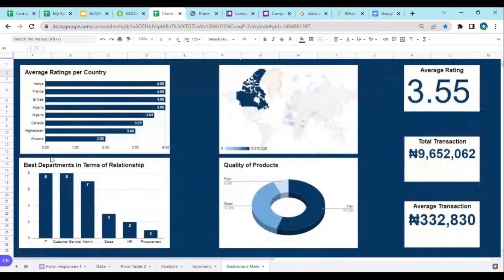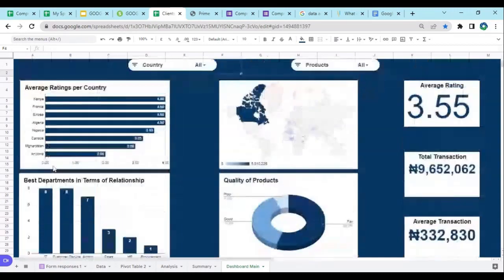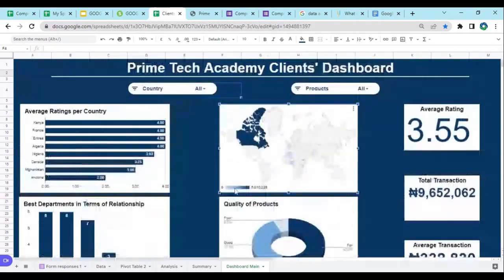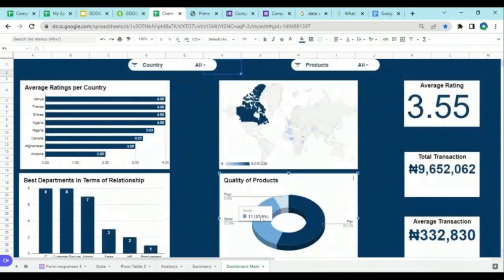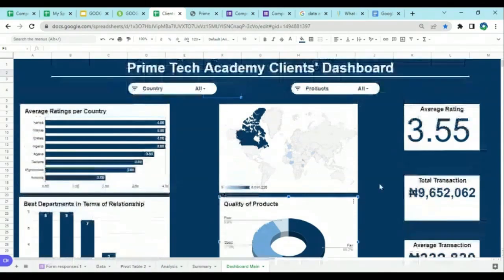This talks about best department in terms of relationship. This graph is talking about countries and their monthly transaction. This graph is talking about quality of products, and this is the total average rating, total transaction, and this is